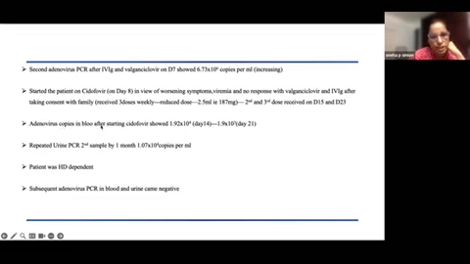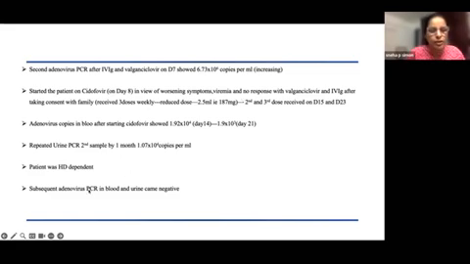After giving the first dose on day 8, we sent the second sample of adenovirus, which we repeated on day 14. Day 8, he received the cidofovir. Day 14, we repeated. From 6.73, it has come down to 1.92 × 10^4, more than 1 log reduction. That means a significant virological response was there. He received the day 15 dose, and after the second dose, again after 7 days, we repeated, and the virological response further improved, and he received the third dose also.